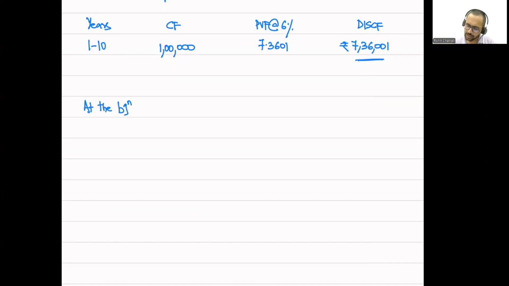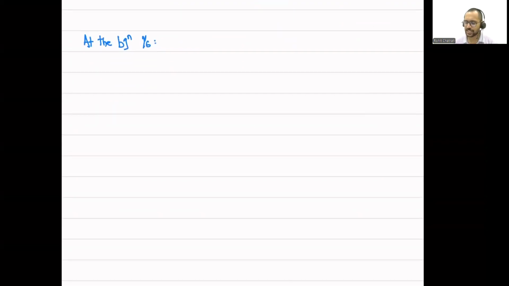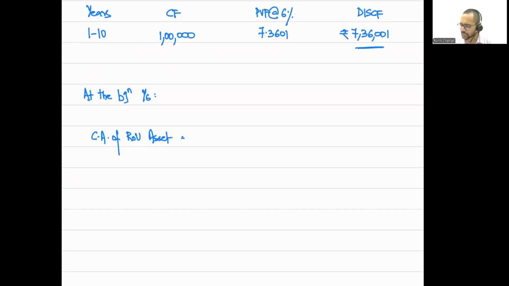We have to now calculate the carrying amount of the ROU asset and the carrying amount of the lease liability. The carrying amount of the ROU asset, remember, is going to be equal to 7,36,001 rupees less the depreciation for 5 years. Depreciation for 5 years is going to be 7,36,001 divided by 10 years multiplied by 5. 7,36,001 divided by 10 gives you the depreciation per annum,